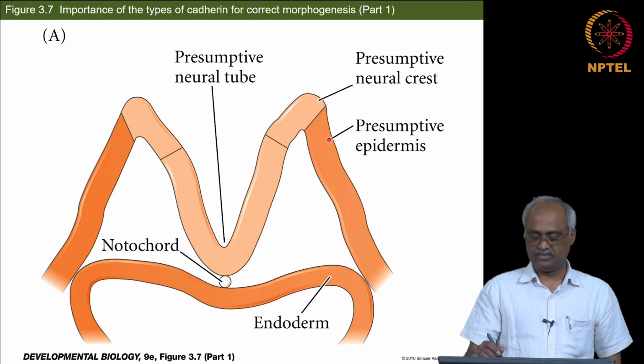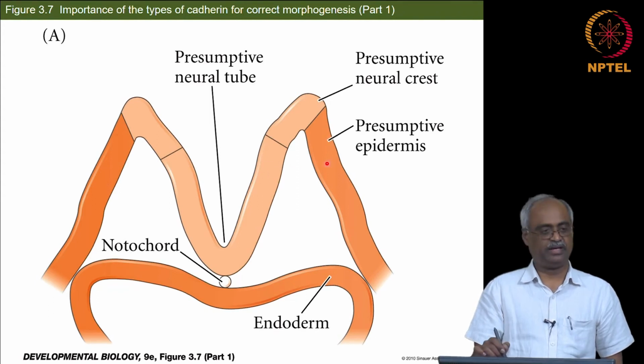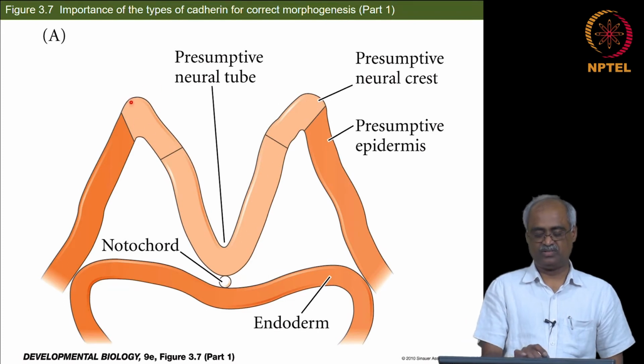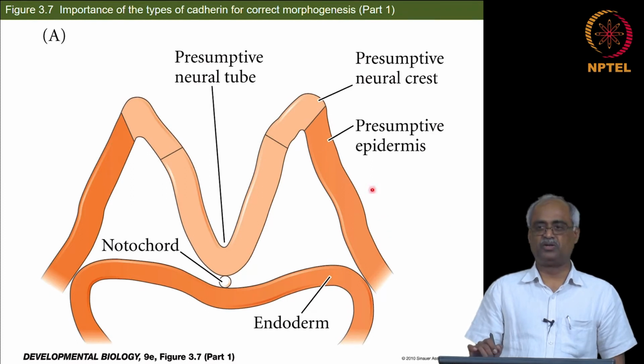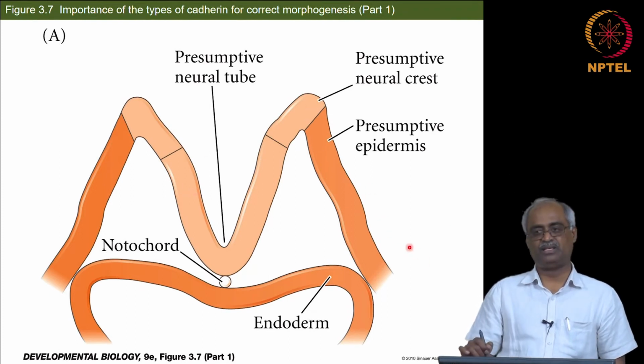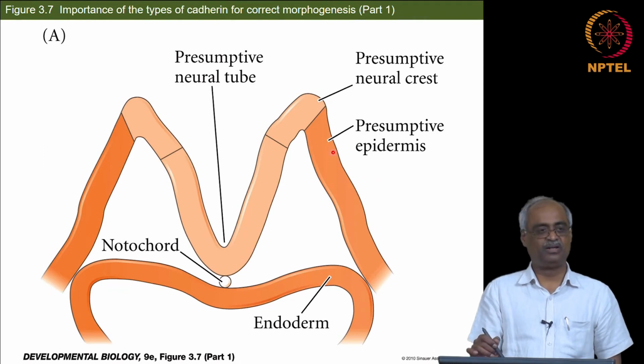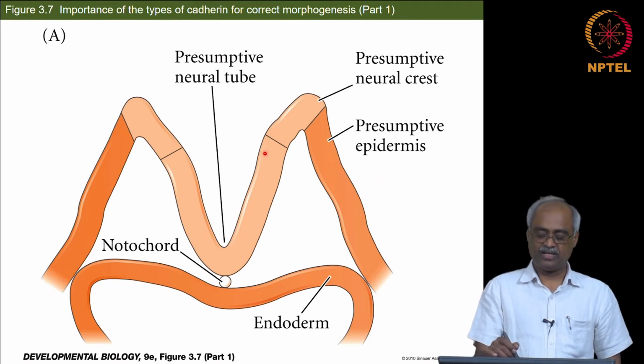So, from the ectoderm only these two different kinds of cells are going to form. Epidermis and the neural tube cells come from the same precursor cells. Now, what we are actually going to focus on is how these two separate, how these cells are going to come together, like this is going to go like this, and then they form the neural tube. While these cells are going to separate away, they are not going to fold into a tube, they are going to form a sheet, and that difference is brought by this starting to express something called